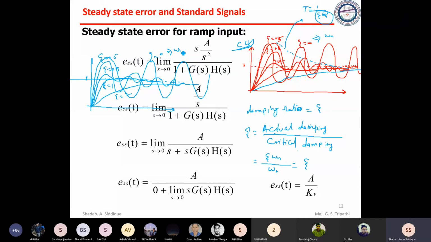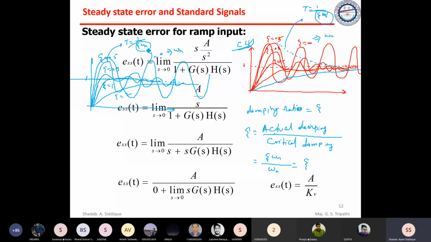So that frequency is basically the natural frequency omega n. But here the natural frequency is omega n, but it is a decaying function for zeta equal to 0.5. So zeta equal to 0.5 will have the time constant, which is equal to 1 by zeta omega n, or you can say the damping. Zeta into omega n, that is the damping. So damping is basically zeta omega n for zeta in between 0 to 1.